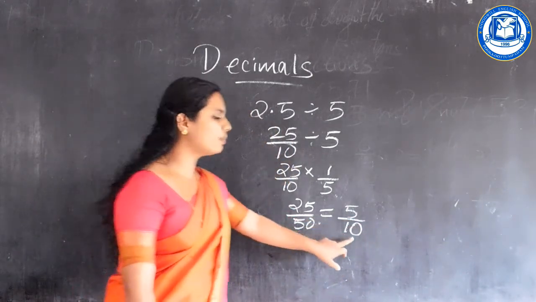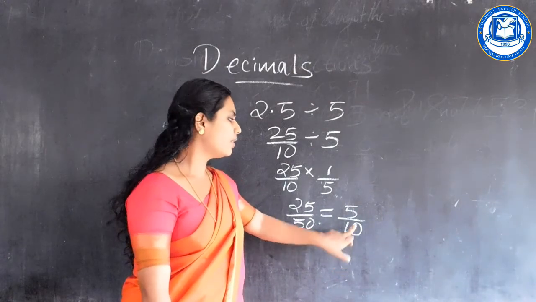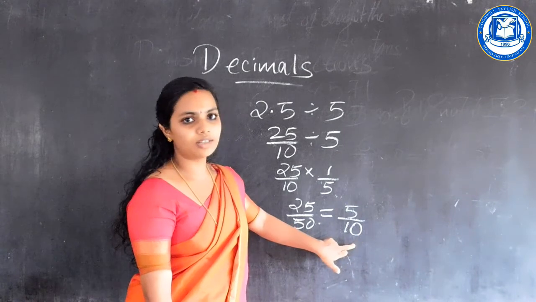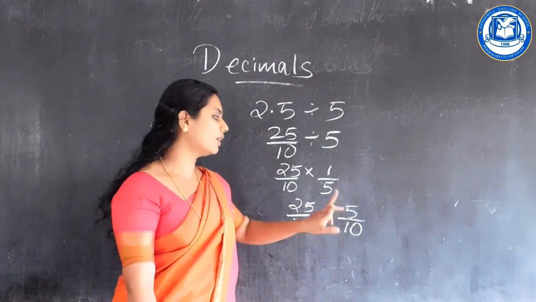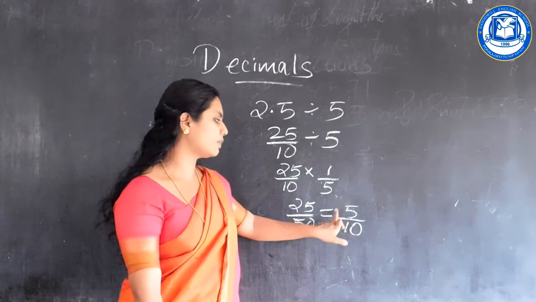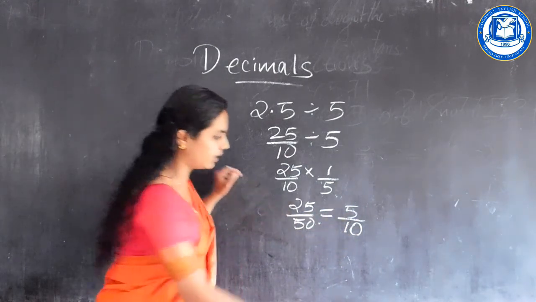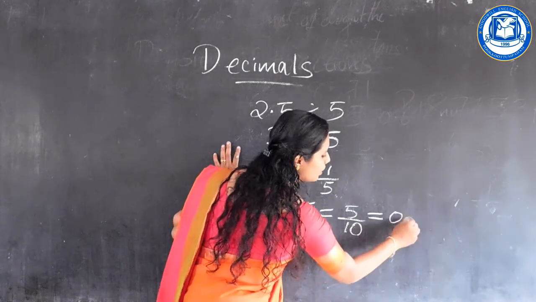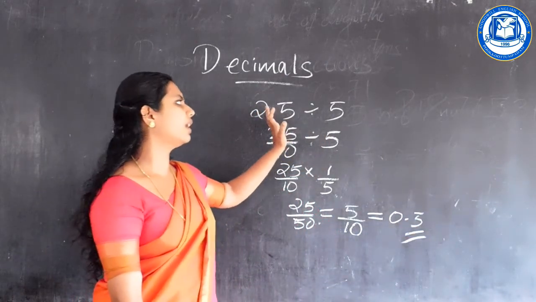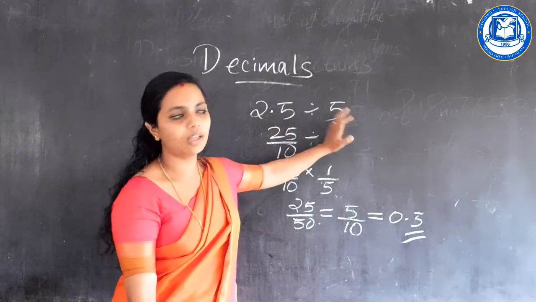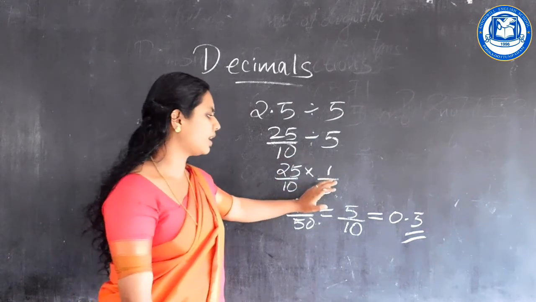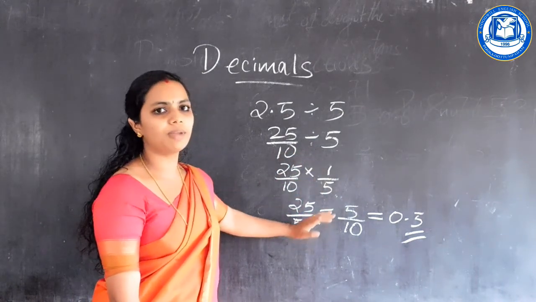Now our denominator is 10. So when we are making this into a decimal number, since the denominator is 10, after the point there must be only one number. So our answer will change into 0.5. So when we are dividing a decimal number by a whole number, first we will change this decimal number into a fraction, then we will multiply it and get the answer and make it into a